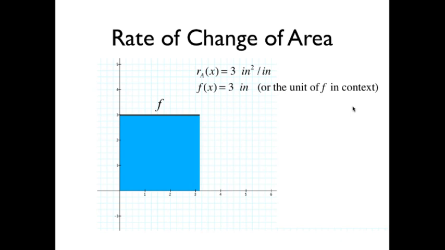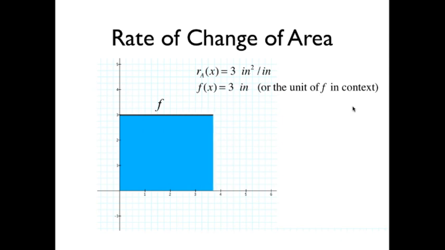But we said that would have a different unit, right? That would be like inches or whatever the unit is in the context. So the units are different, but it's the same value. So to get this rate of change of area, we're going to grab just the value of the function and then change its unit to the right unit for rate of change. It's the same value. We just grab the value of the function to be our rate of change of area,